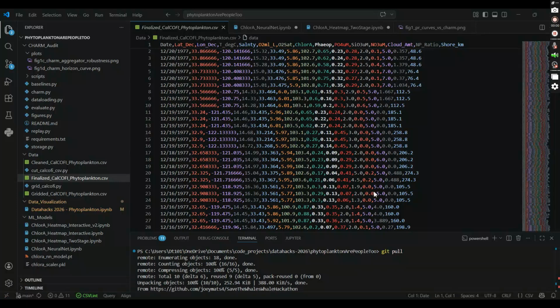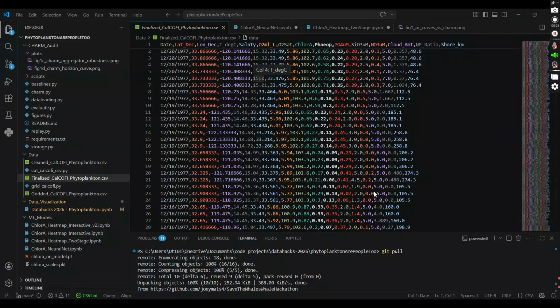algal blooms by analyzing phytoplankton concentrations in open ocean areas across a variety of machine learning models. And predicting the occurrence of these blooms can inform people in affected areas and reduce their harmful effects. So we used data collected off the coast of California that contains a variety of ocean health signifiers,